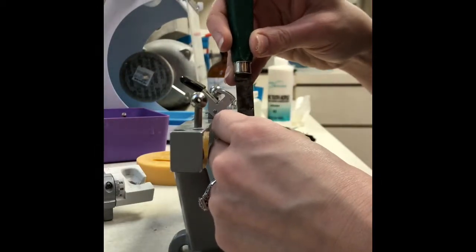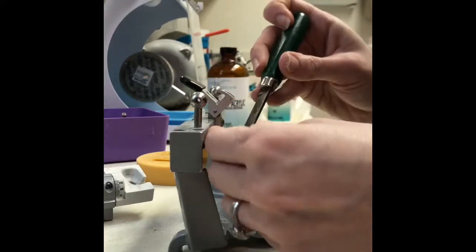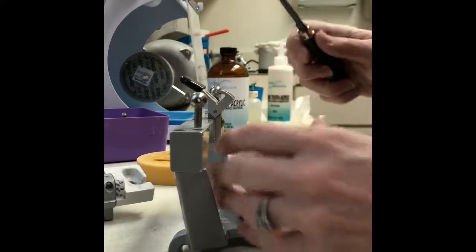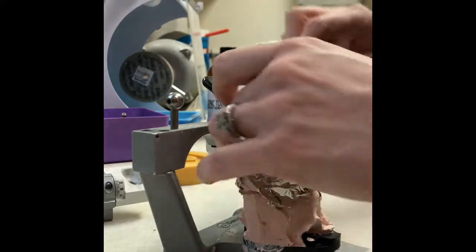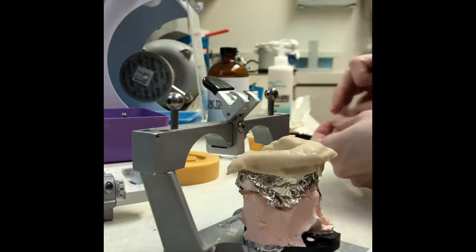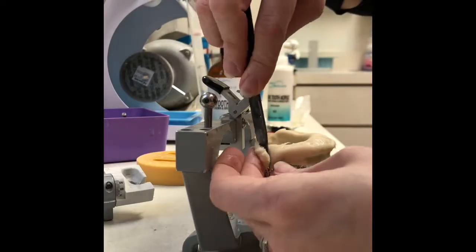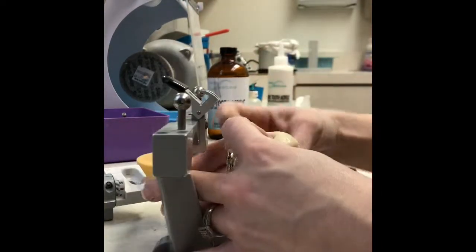or with the large stone wheel. I'm just going to trim off some of this while it's still stringy here, or the doughy stage. Just save us a little bit of time on the back end. Most of the time, like I said,